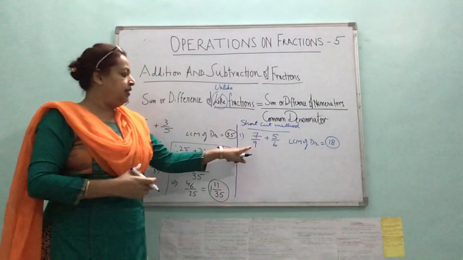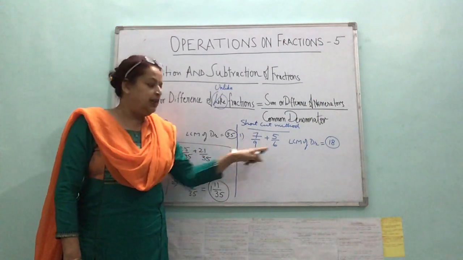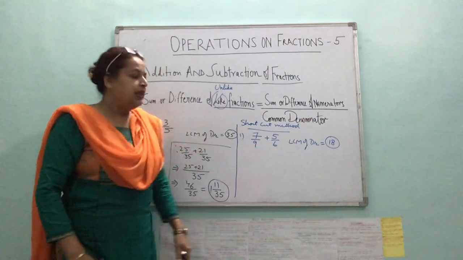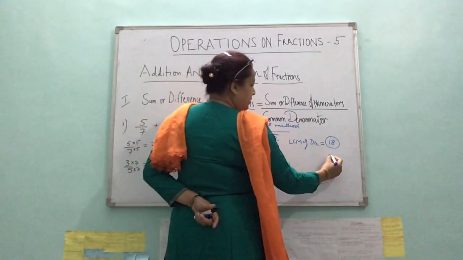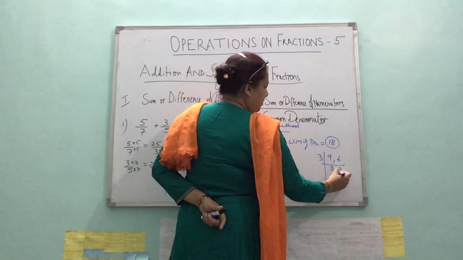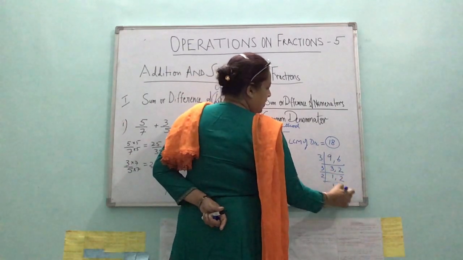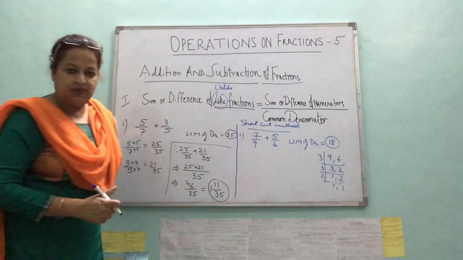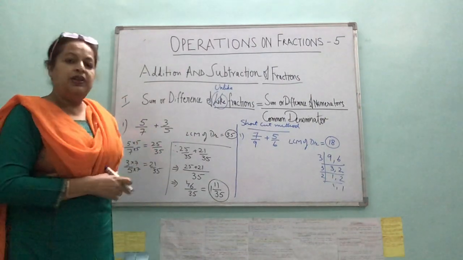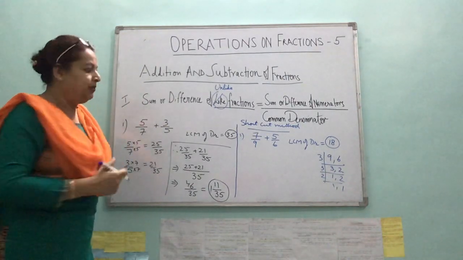Take the biggest denominator, think about its multiples, and if that multiple is a multiple of all the other denominators, that would be the LCM. Or you know the method of finding LCM, children? You can quickly do it. 3, 3, 2, well 3, 1, 2, 2, 9 into 2, 18. Both ways, right? No problem. We can do it orally also. For smaller numbers, you can handle LCM orally also. It would not be a problem.